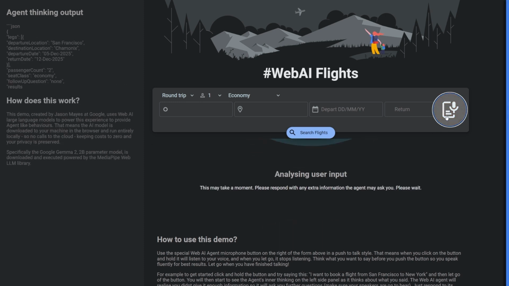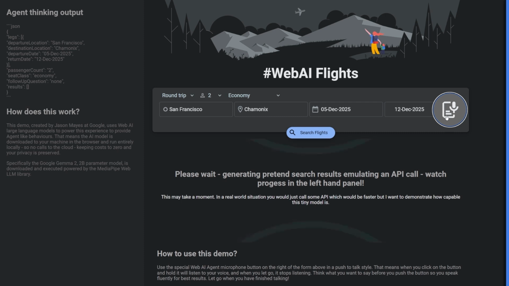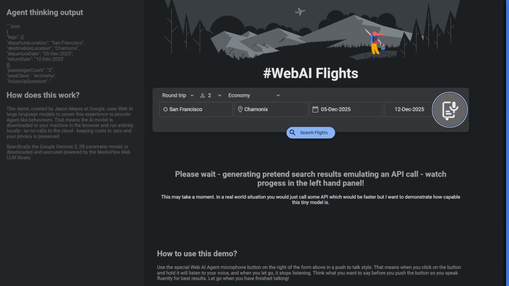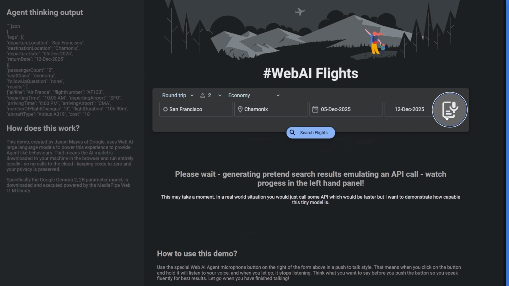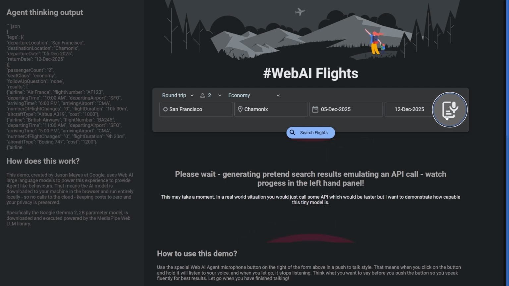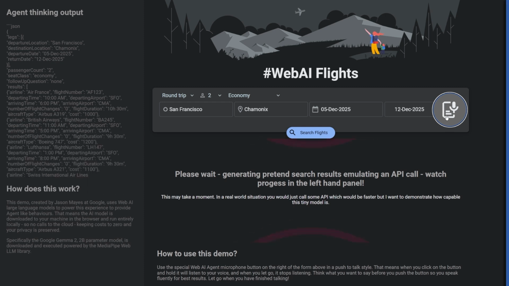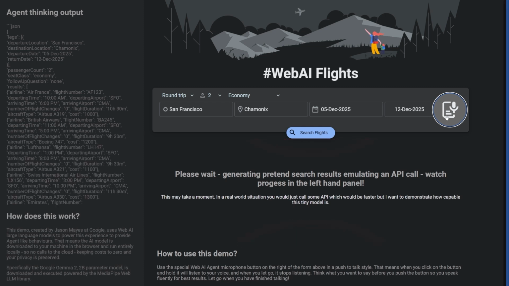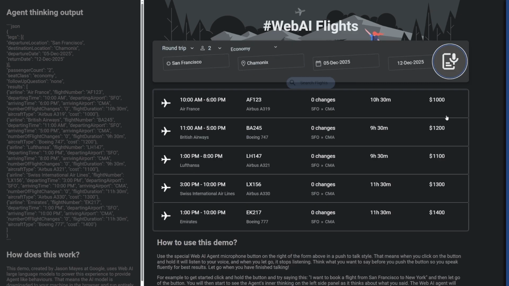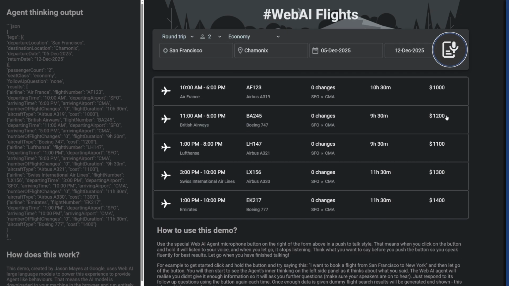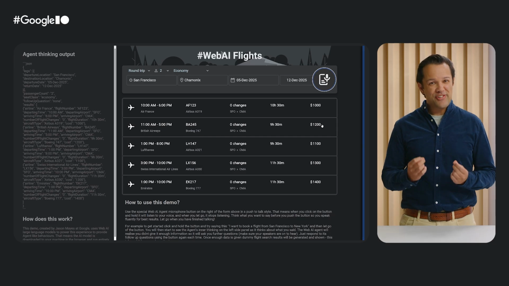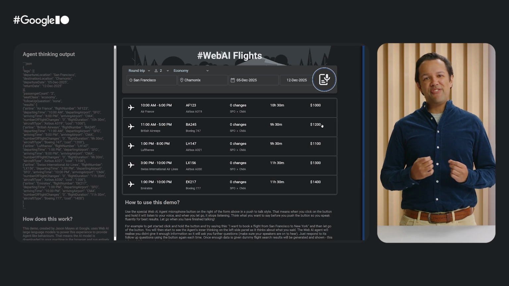So as you can see, even though I spoke quite a bit, it successfully extracted the date information, figured out what 1 week later actually means, and suggested the popular skiing destination of Chamonix, which is a great choice. As it knows that it now has enough information to perform a search, it goes ahead and calls my search tool with the data. Now, in this demo, just for fun, I even got the LLM to generate fictional results too,